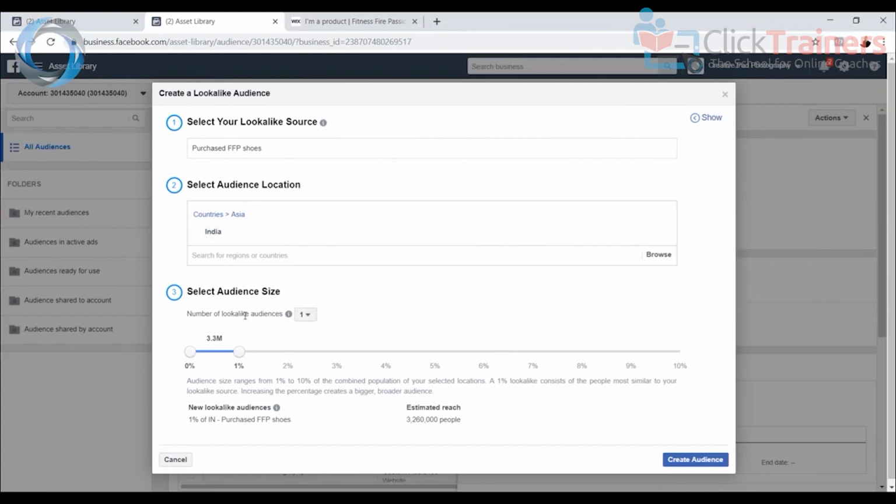And this last option is kind of important. Number of lookalike audiences and how much percentage. So this percentage is important. If you move it further, what's going to happen is this number is going to increase. That means you're literally taking 2% of the entire population in India, which are similar to these people. But as it moves away from 1%,